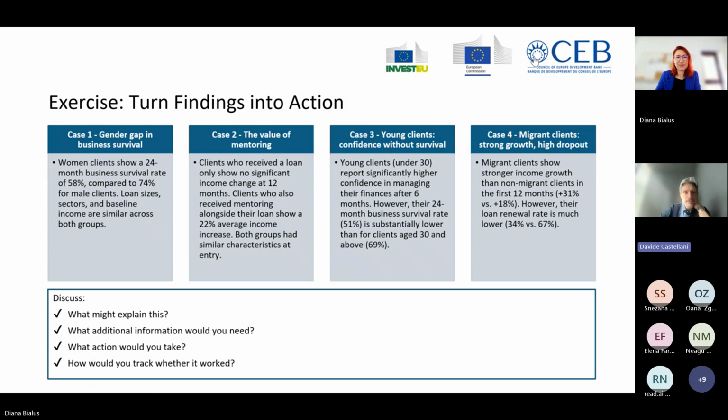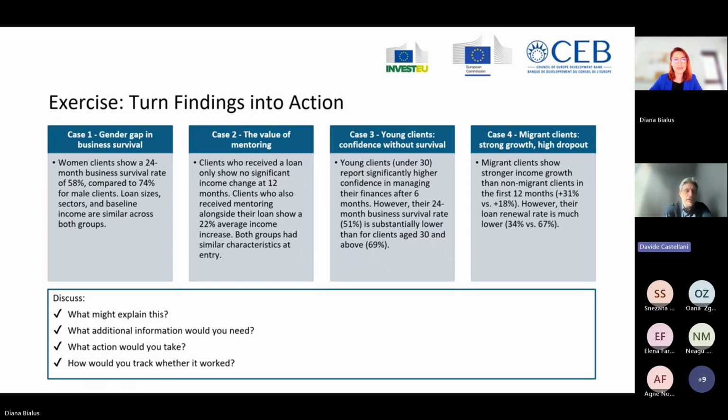Do you want to take this? Yes. So actually, we arrived at our exercise for today. So what we will do is, as in the previous training sessions, we will divide you into 4 groups, and each group will be working with one case as presented here. And then discuss the questions here. Davide, do you want to briefly present the cases?